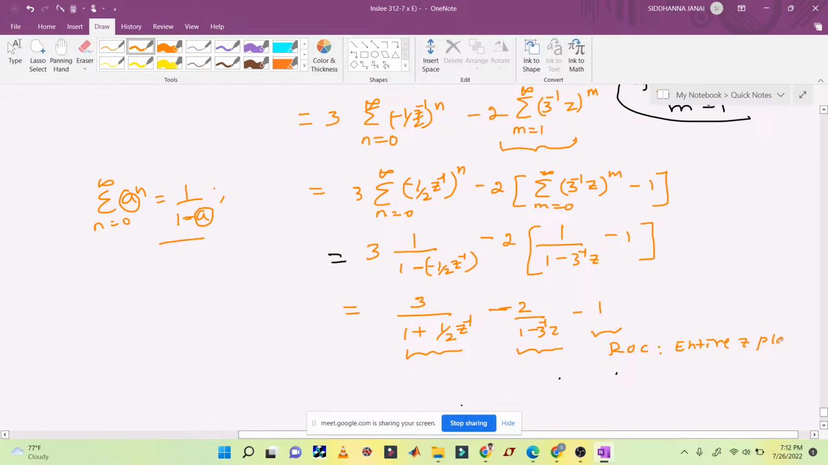Why? Because it is a constant, whenever there is a constant term, ROC is the entire z plane, whereas here 3 inverse z